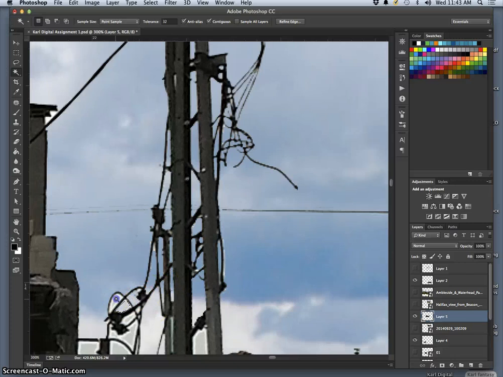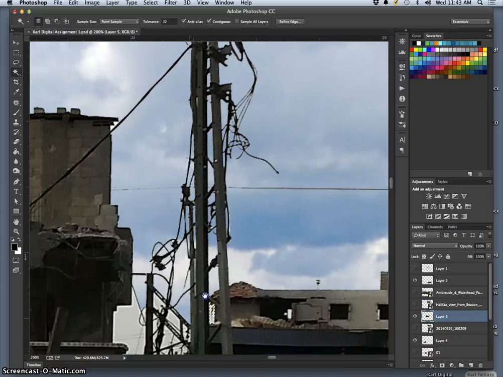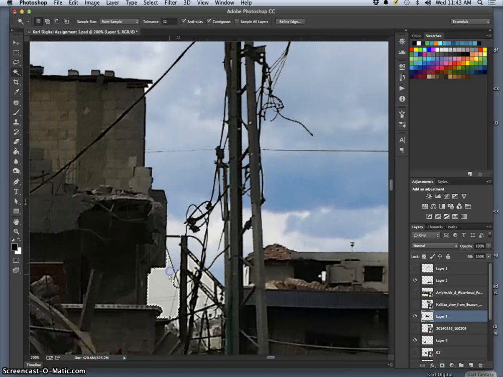Now it's like taking an X-Acto knife and getting the exact selections we want to keep, letting them show through. And this kind of man-made stuff is more difficult because it's got